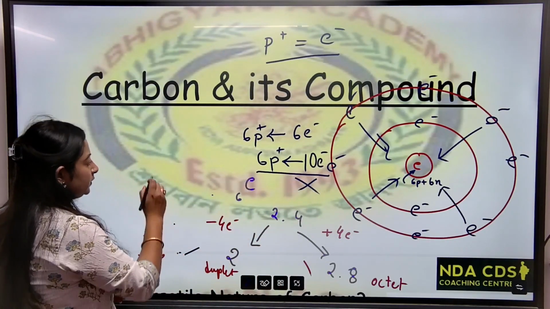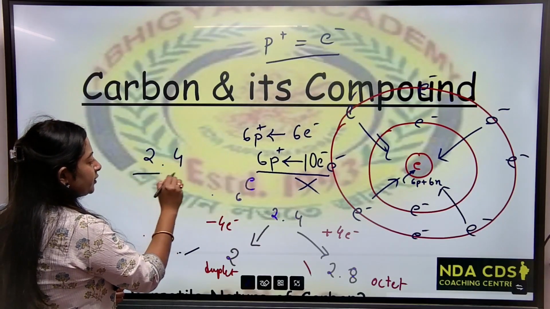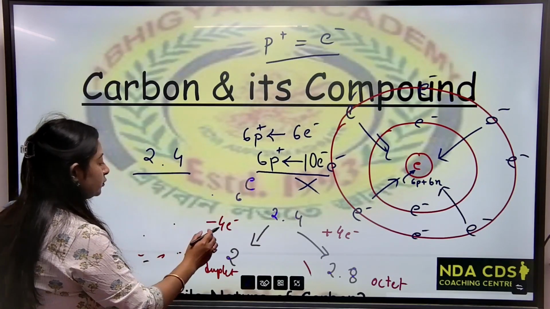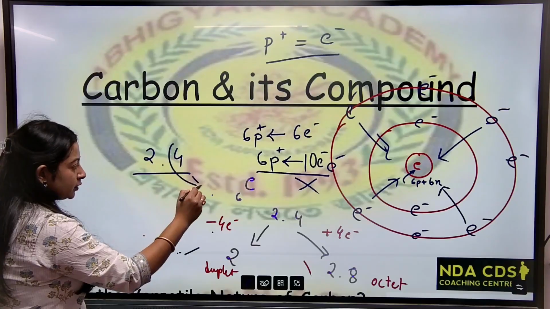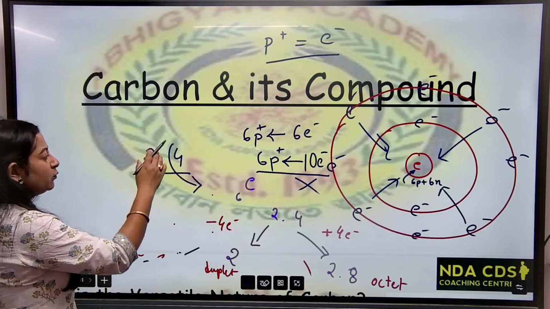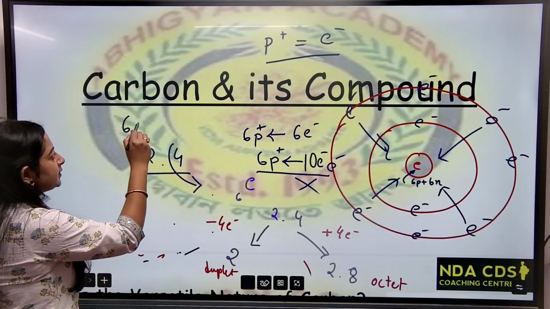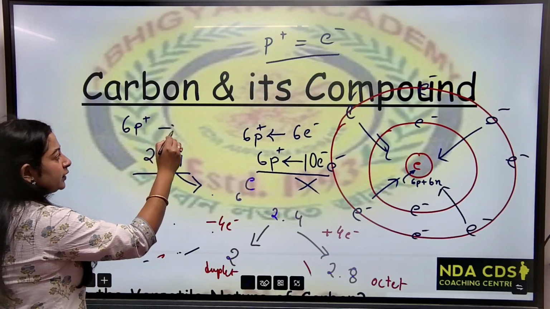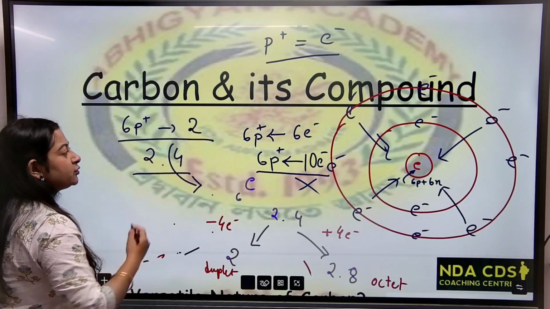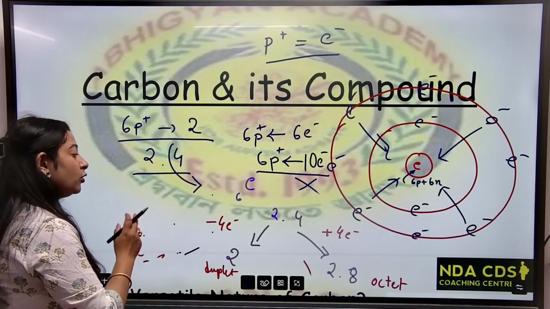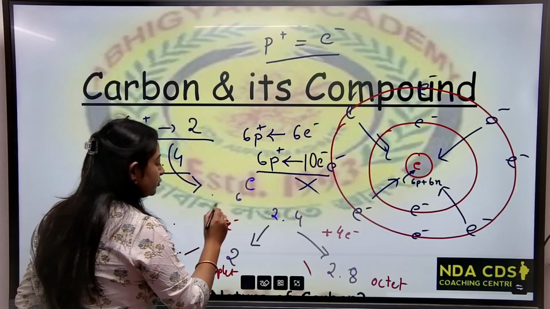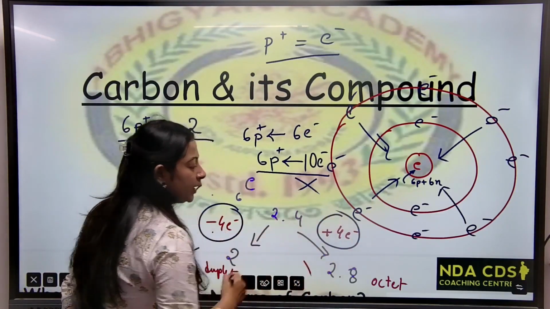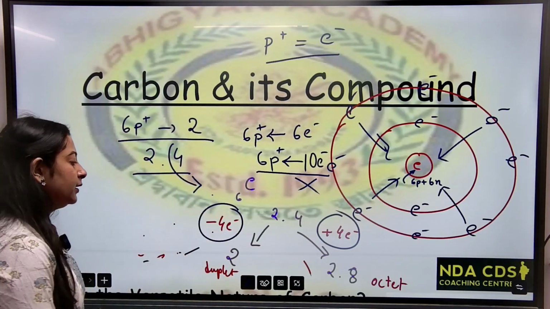Likewise, it is a configuration of carbon. If you want to lose the outermost 4 electron, you have to remove the outermost electron against 6 proton. So kitna baki reh jayega? 2 electron will be the remaining, which is also not possible. For carbon, losing 4 electron and gaining 4 electron both are not possible. Therefore,